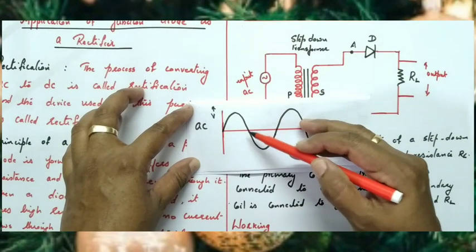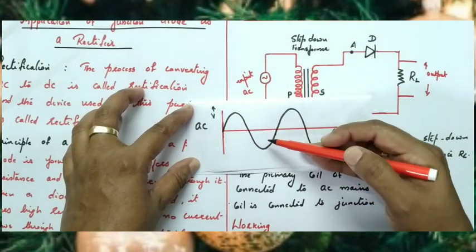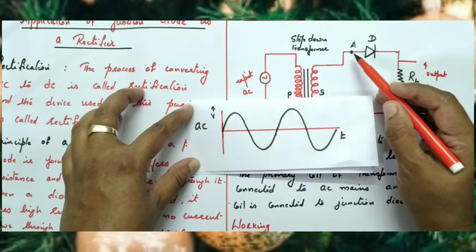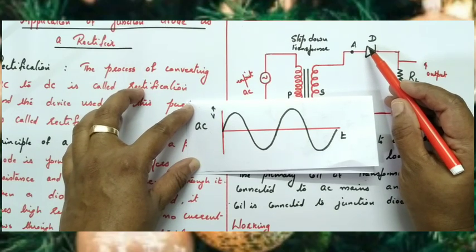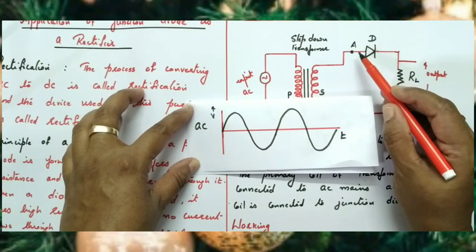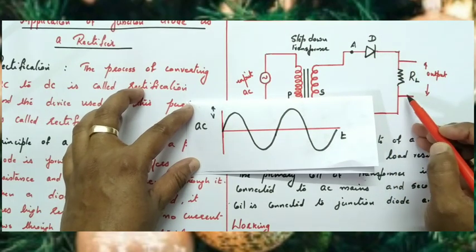And if after the positive half it comes negative half. During the negative half, what happens? The point A becomes negative. That means diode D is reverse biased, isn't it? So, diode D is reverse biased means it does not conduct and hence there is no output obtained across the